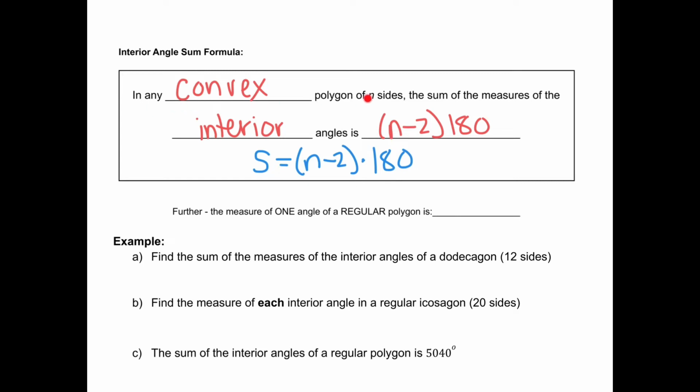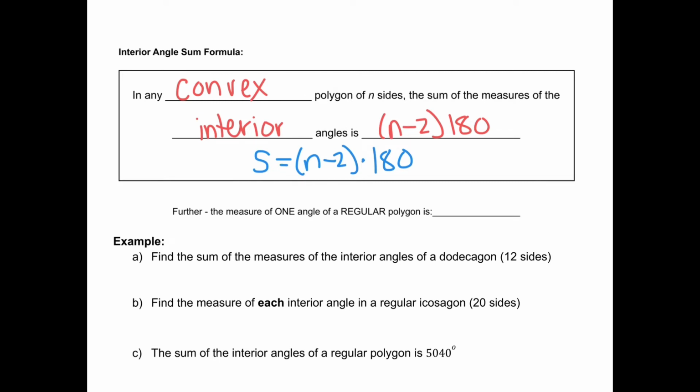Please understand there's no mention of regular polygons. It does not have to be a regular polygon. It just needs to be convex, which means it needs to push out. So any of these examples that we labeled as concave on the previous slide would not work for the interior